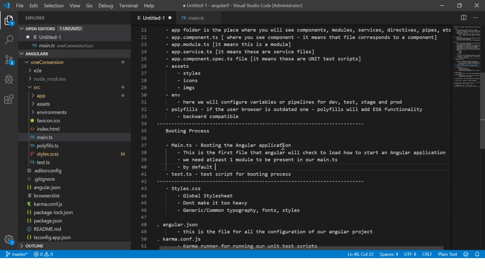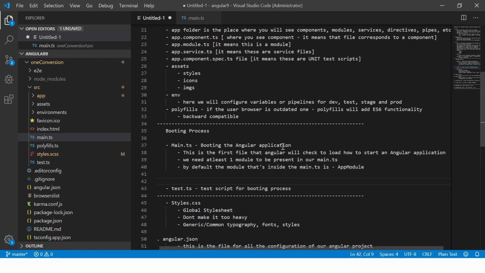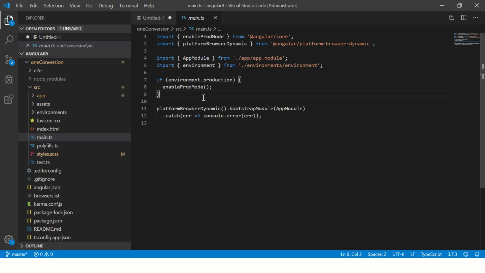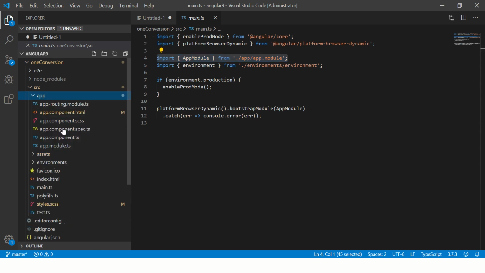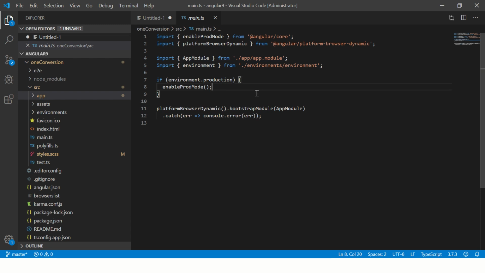By default, the module that's inside the main.ts is app module. So let's see here. If you see here, by default, app module is imported. And this is the app module that we have inside our app here. We'll learn about app modules later. First, understand the flow. We are importing the environment and checking that if the environment is production, then